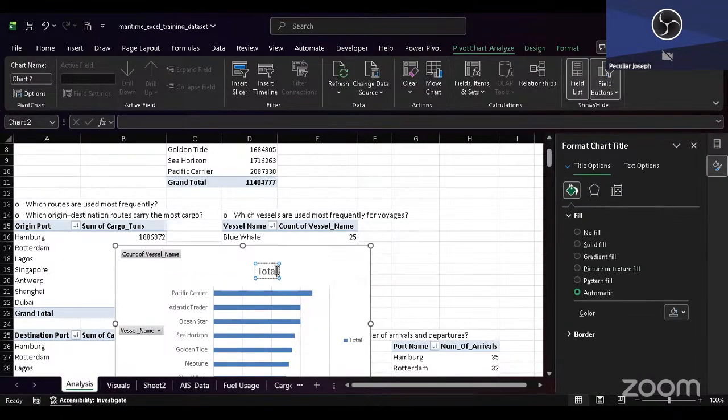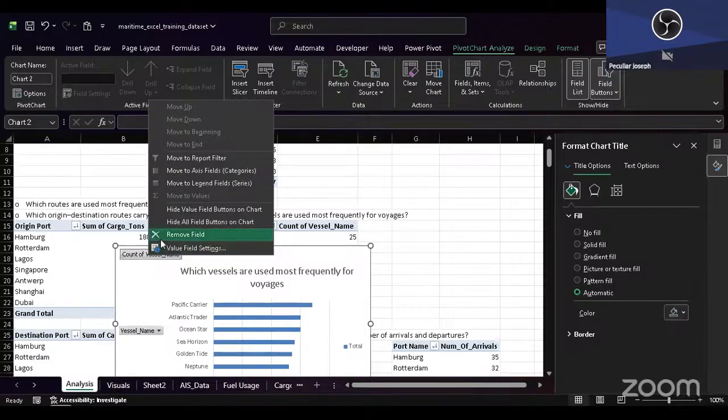So I'm just going to put the question as the header, right? So I'm going to call this, which vessels are used most frequently for voyages. Right, so I'm going to right click on this, my count of vessel name, click on hide all field buttons,